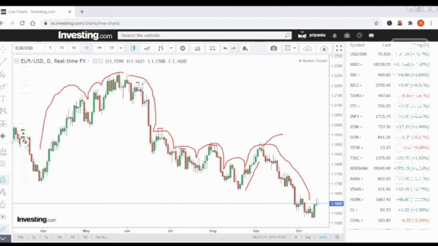This was also a kind of shooting star in the uptrend. At the resistance level, the market will form a shooting star, and after that a hanging man will also form. So it will give you a strong reversal pattern, or reversal signal, for you to take up the trade.